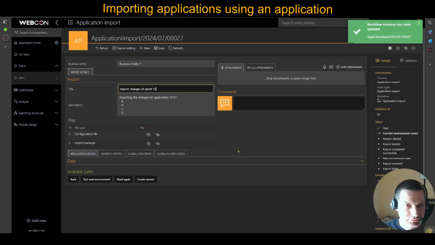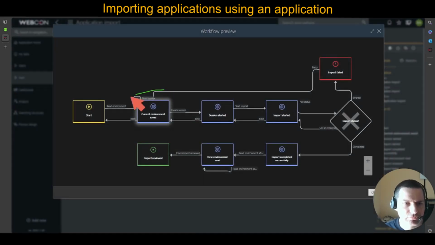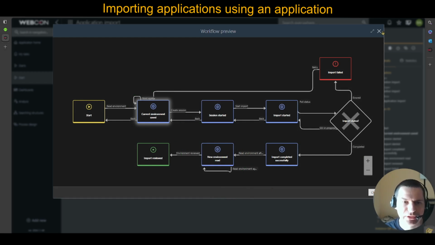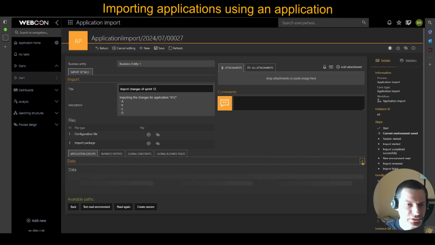This process consists of three phases: reading the current environment in a snapshot, the import itself, which you may already know from the PowerShell video, and a second reading of the snapshot of the environment so that we can compare the changes. So we are now in the step current environment saved, and we will now already have information